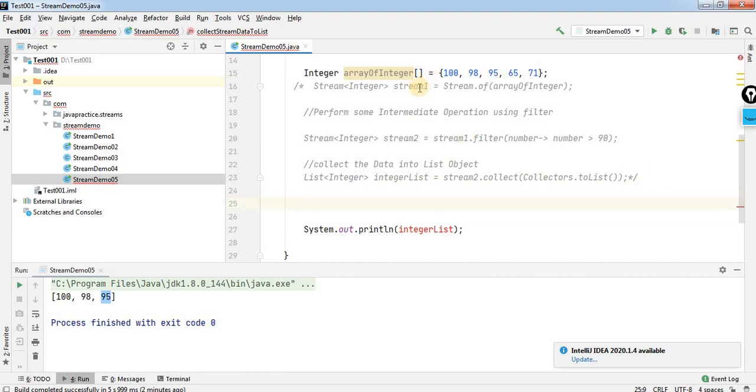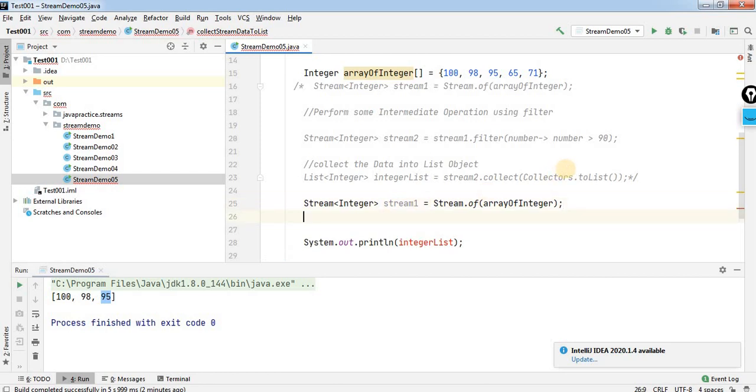So first we need to create the stream, right? I will copy this particular line over here. After getting the stream, what is my next approach? Stream 1 dot filter method I will call, and what is my requirement? My criteria is that I need to filter the elements which are greater than 90. So on that condition I will take x. Previously I have taken the number, so there is no problem. You can take any reference variable, x pointing to x is greater than 90. So that is my condition inside the filter.